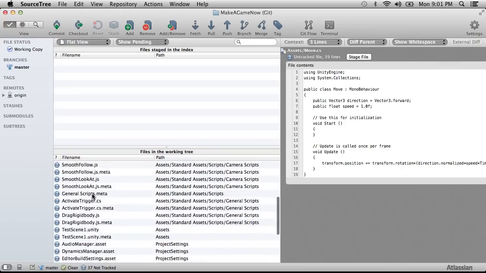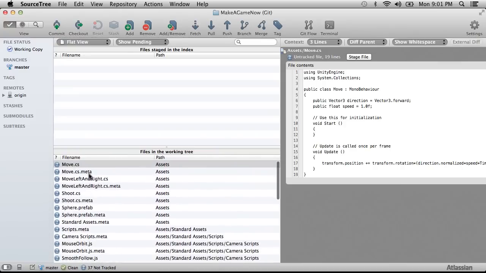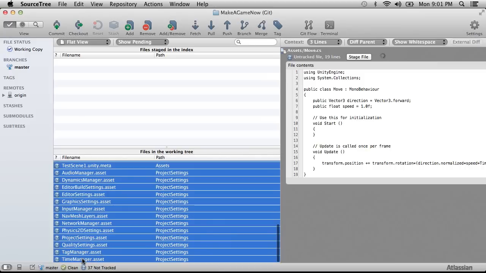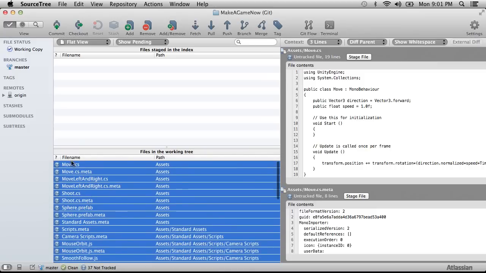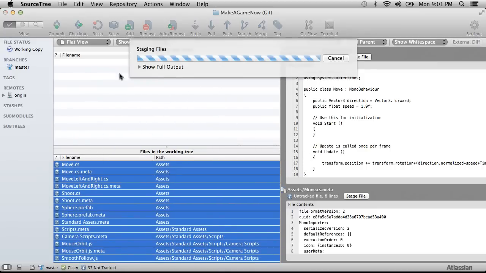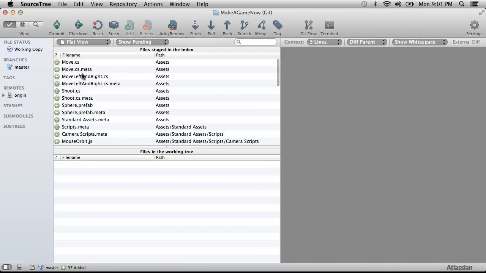So we've got all these files. These are the files in the working tree. These are things that have changed, and they're all question marks because it's like, I don't know what to do with this file. So we're just going to select all of them. I'm going to hold Shift and click the bottom one there, and then we're going to drag them up here. This means that we're going to add them. This is the staged files. So we've staged them, and we're ready to send them up. So we hit Commit,